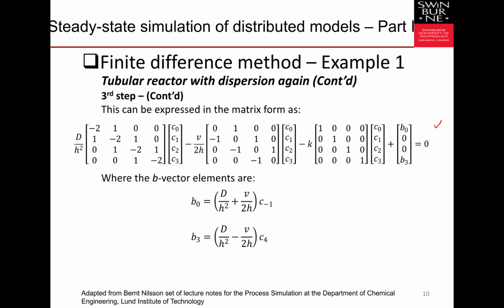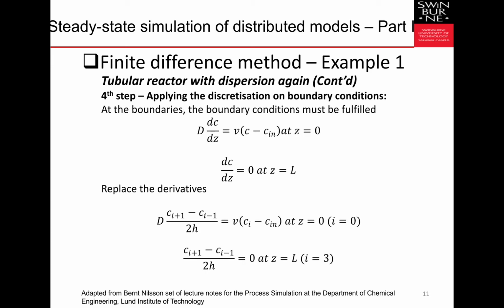I will discuss the derivations in a bit more detail, in terms of the steps, in the next part of the video. For this particular scenario, where we haven't really substituted the unknowns in terms of the known ones, we have this c minus 1 and c4. Then we need to replace later this c minus 1 and c4 with something that is known.